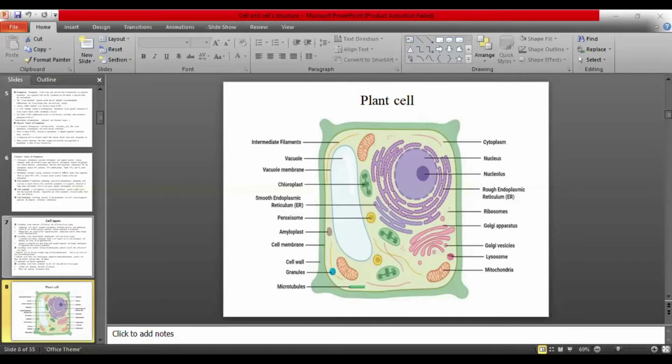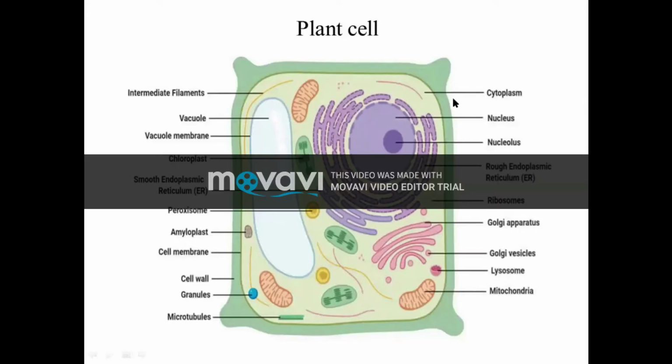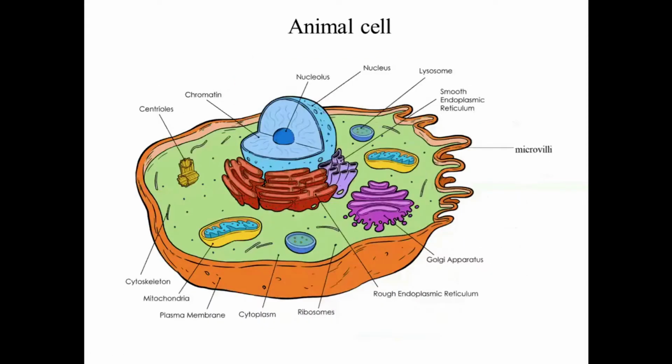animal cell. So the difference between the plant cell and animal cell is mainly found in this part, that is their cell wall. The cell wall helps to protect the cell organelles, as well as giving strength to a cell. If only the plasma membrane is found, then you can say it is an animal cell. An animal cell is devoid of a cell wall.